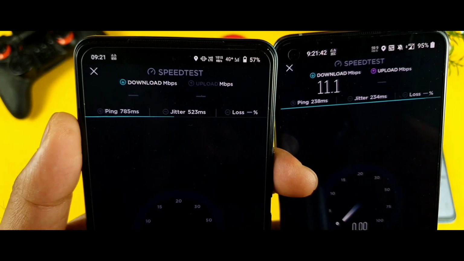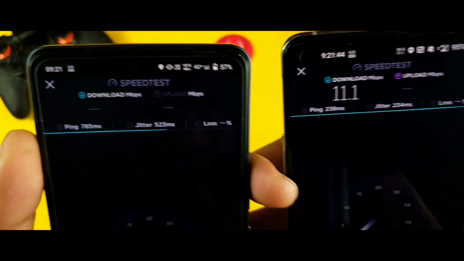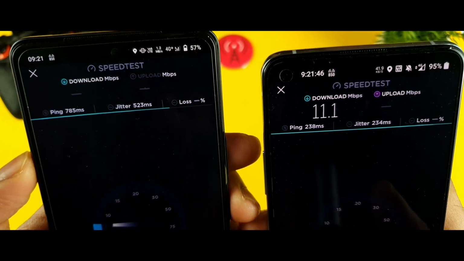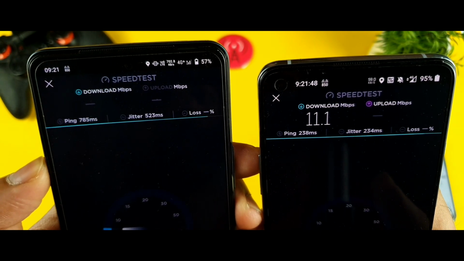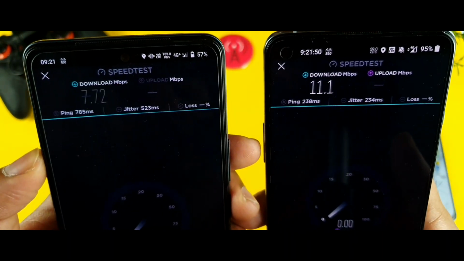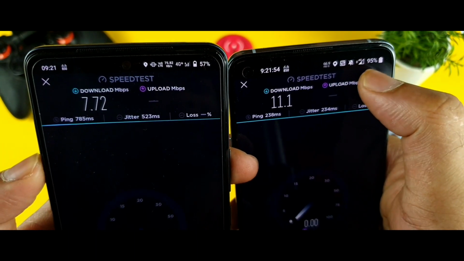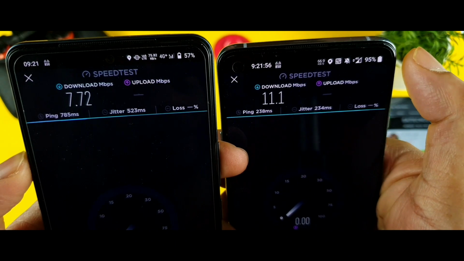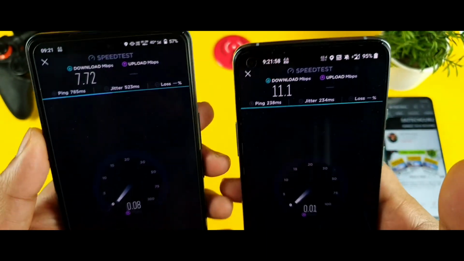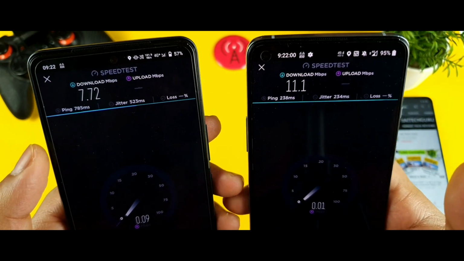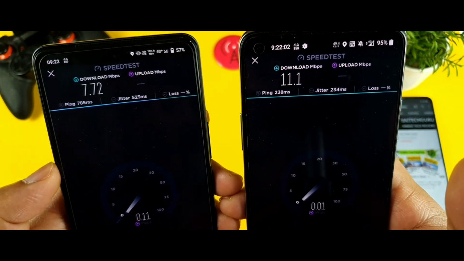In the iQOO 7 device we are still getting only close to 7, 7 and 8 Mbps. And one thing, if you notice, the 4G plus is consistent, it's not changing. Whereas in the OnePlus 8T device it's not consistent. As you can see, now I'm getting normal 4G only, not 4G plus. So this is one thing which I thought of addressing in the video.